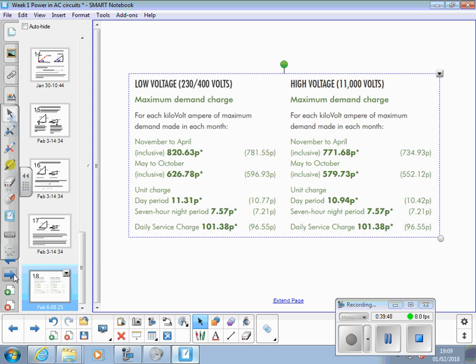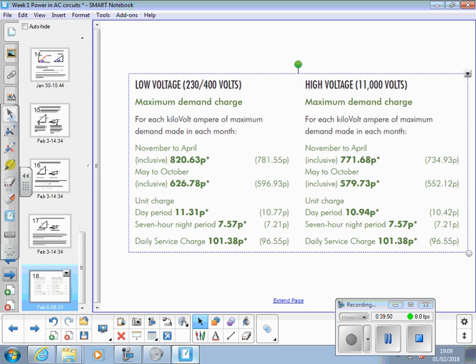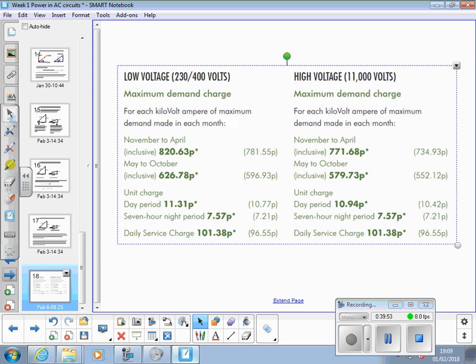And I found this, I don't know how old it is, but maximum demand charge. For each kilovolt ampere of maximum demand, so on 11 kV made each month, they'll charge so much for every kVA. So if your maximum demand is up, and the old meter we used to have used to be an arm that pushes it up and leaves it there, so if it falls away again, you then